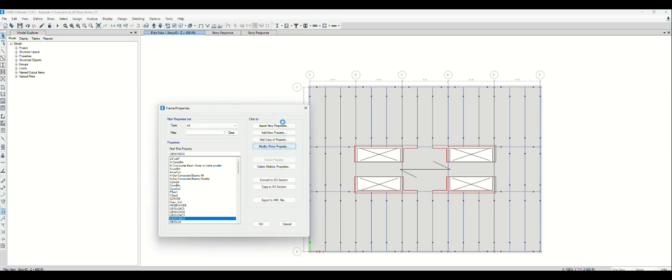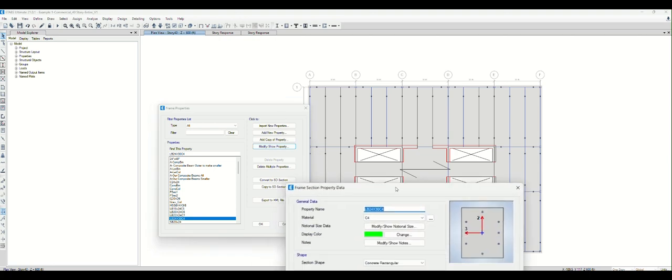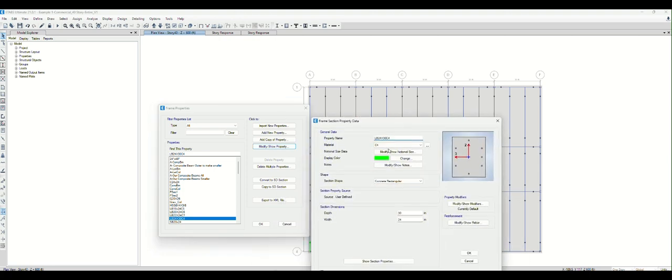Okay, so for the last one, I'm going to change the property to 24 by 24, 9 C9, 9000 concrete. I'm going to use this. And this beam might be a little bit